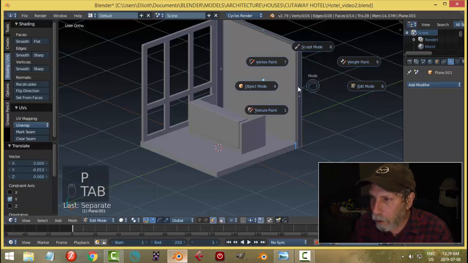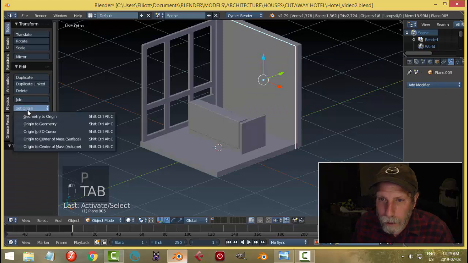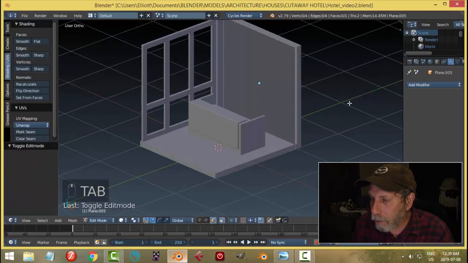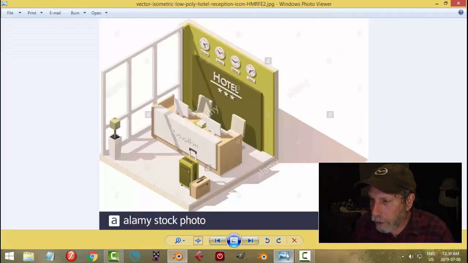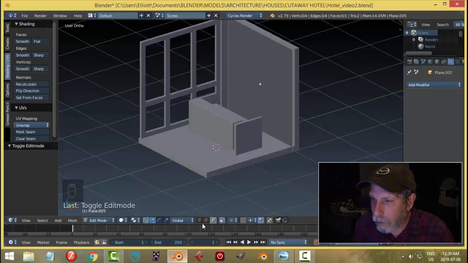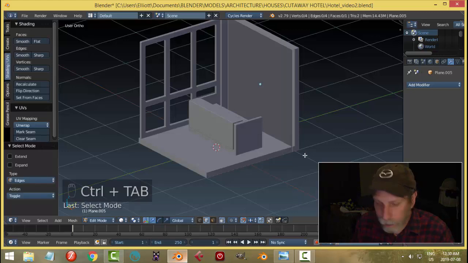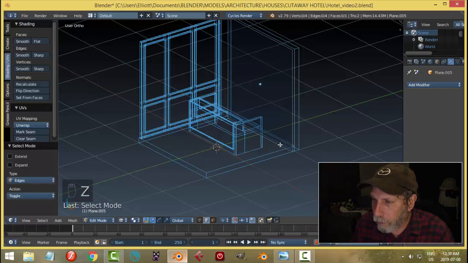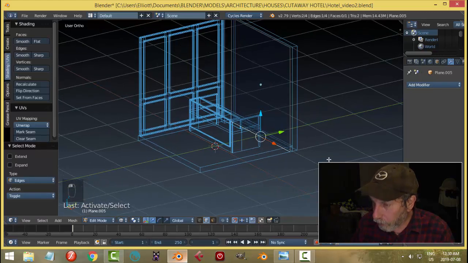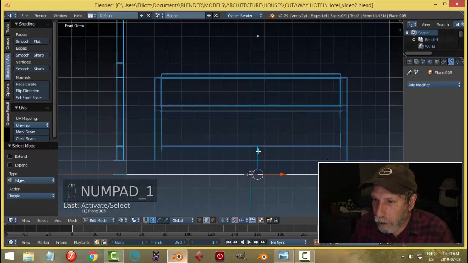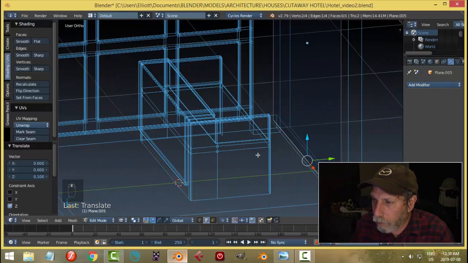P to make it a new object. And set the origin of geometry, and come in here and see it goes right to the bottom, to the floor. So we're going to need to snap to increment, and we'll go in wireframe, grab this edge, let's just pull it up to the floor,